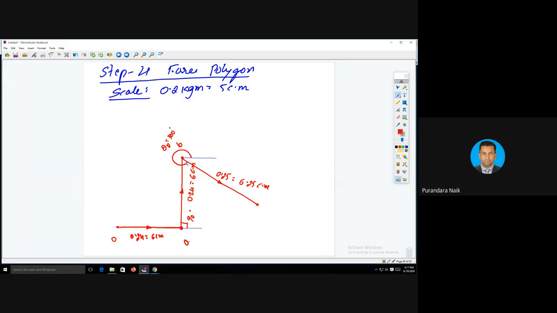Okay, this is 300. We have measured from the reference line. But you can take the reference line here also. You can measure 180 degree, 300 minus 180. Not a problem. You can do it like this also. After this is the point. We'll mark it as C. Okay, this is the last point.